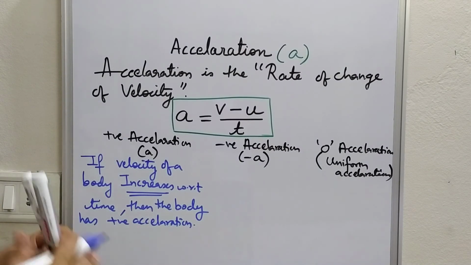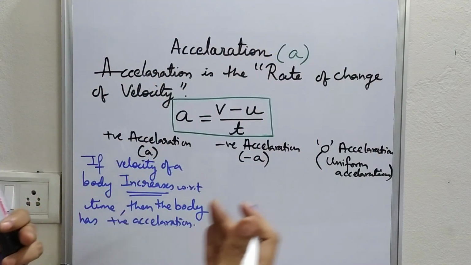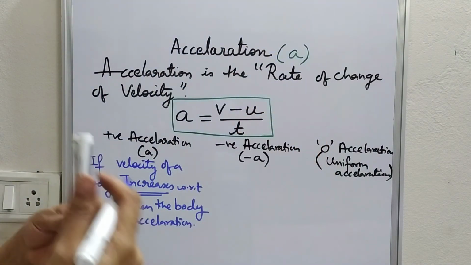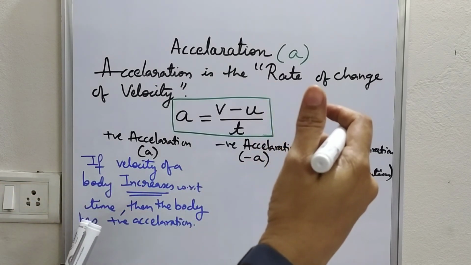If the velocity of a body increases with respect to time, then the body is accelerating. It means when the body starts from rest and its speed keeps on increasing with respect to time, then the body